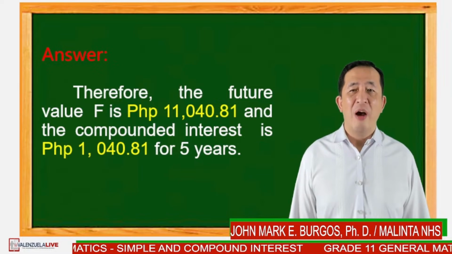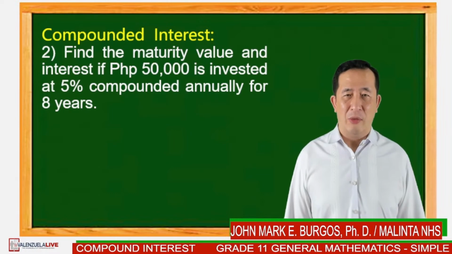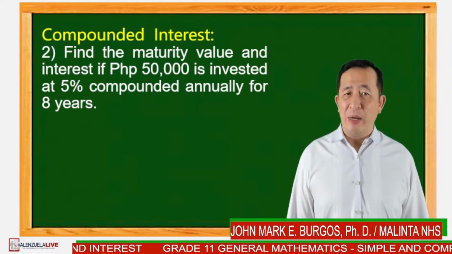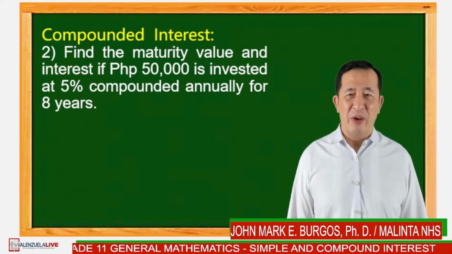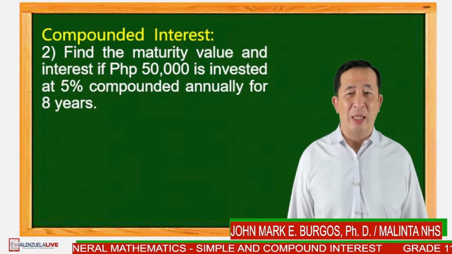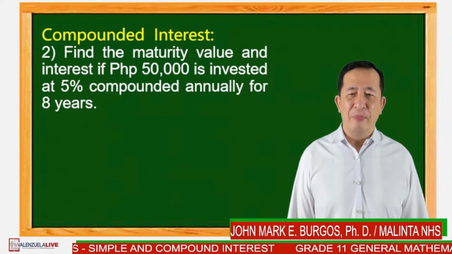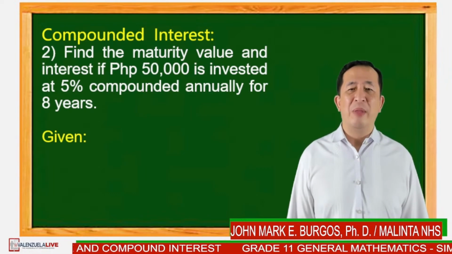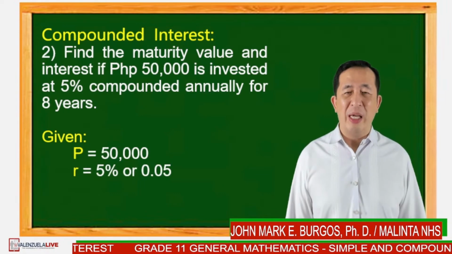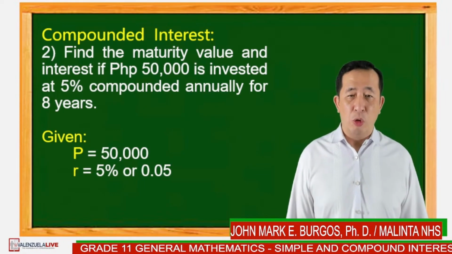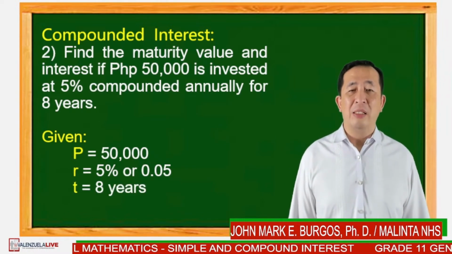For the second problem in computing the compounded interest, we have: find the maturity value and interest if 50,000 is invested at 5% compounded annually for 8 years. So from the problem, we have the given P, which is 50,000, R, or the rate, which is 5%, and to turn that into decimal, we have 0.05, and T is the number of years,